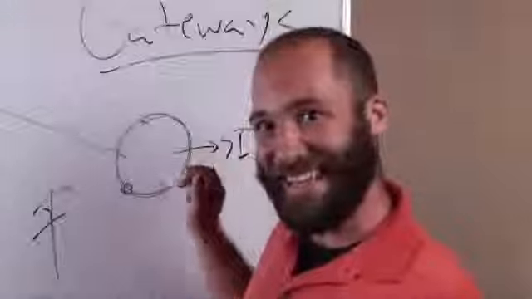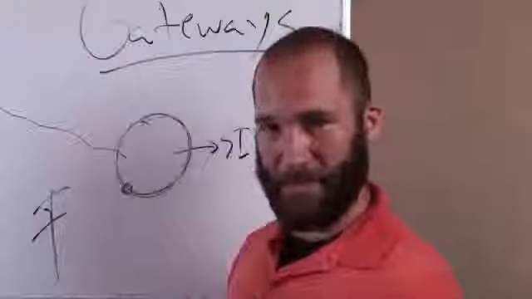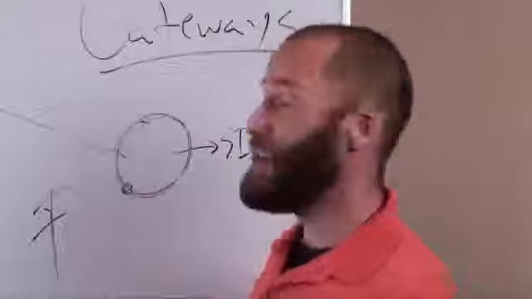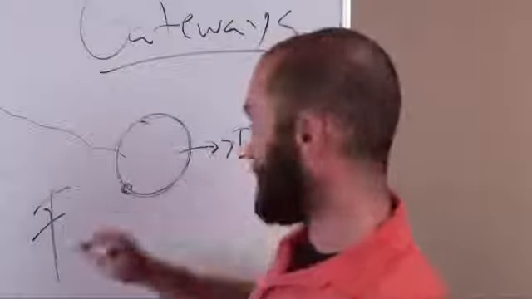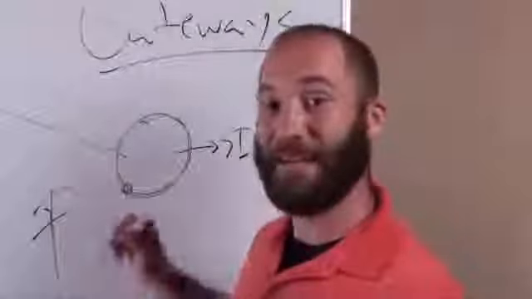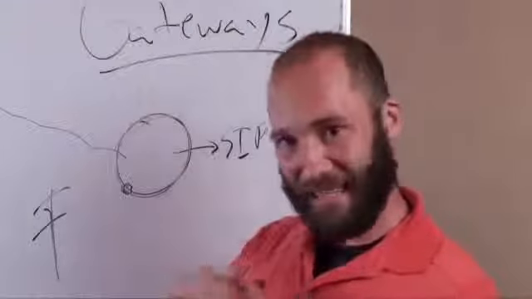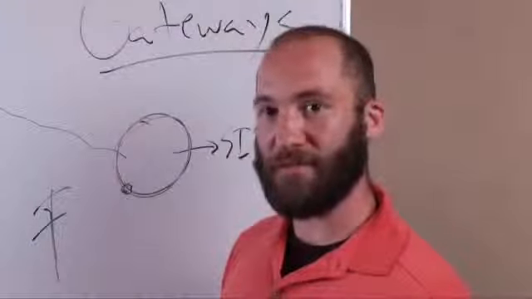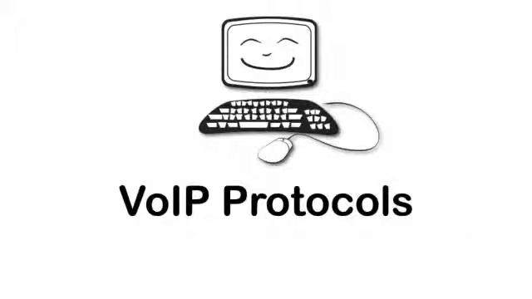So these gateways connect different types of communication networks, basically. Whether it's Skype to SIP, SIP to telephone, or telephone to Skype, gateways are what connect these different types of communication infrastructure. So we've talked about the servers, the clients, and now the gateways. Those are the major components of the network. That's what you're basically going to go out and buy. You'll buy a voice over IP server, or lease one from somewhere. You'll buy voice over IP clients, you'll buy gateways, etc.